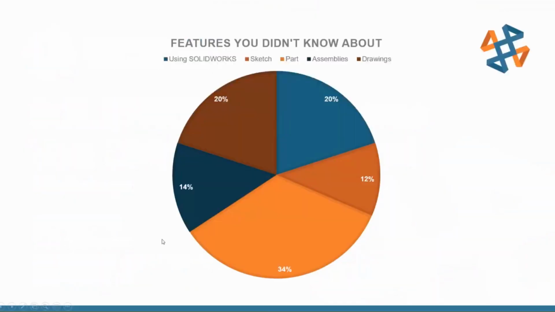All right, so the way that this is all broken down, you can see about 14% or so just some basic SOLIDWORKS functionality, then broken down 20 to sketches roughly, 20 to assemblies, about 12% drawings. Maybe I've got those backwards, sorry about that, and 34% to part modeling. But really when you get down to it, I would almost bundle sketching and part modeling as one, and that puts us right around 50%, almost 50% of everything that we're going to talk about is pretty heavily part modeling,